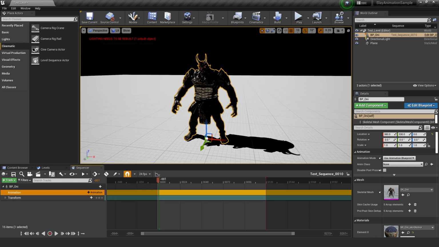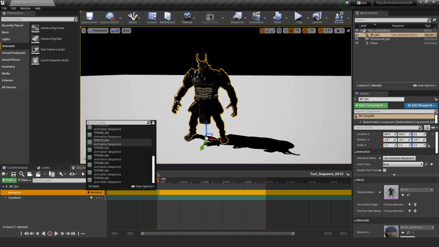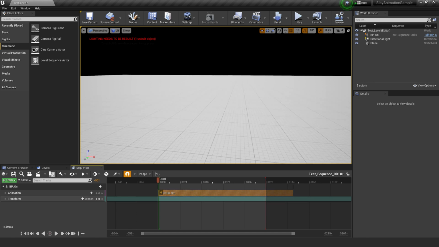Unreal by default gives you an animation track here so you don't have to add it in. So one easy method of adding the animations that are already in our project is by clicking on the animation and then clicking all the way on the right side the plus sign for the animation, and then selecting one of his animations from any of the shots. We'll go with, let's see how shot 80 looks in this sequence.